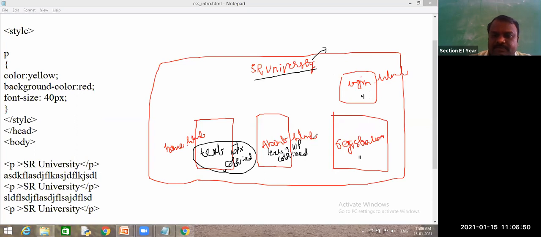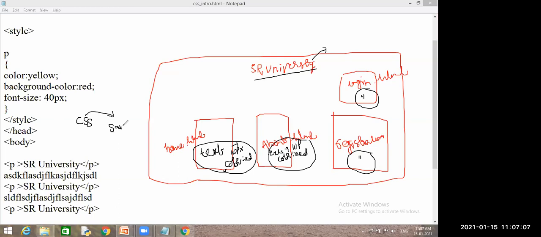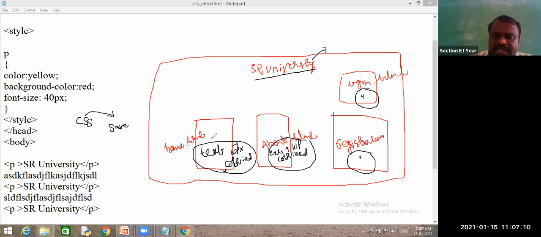So do I need to write this multiple times? No. Using an external style sheet, you have to write it once. What is one advantage of CSS? Reducing the time to implement the program. But are you saving time here? No, I am repeating the same thing multiple times. So how can you say this is saving time? For this case, we have another mechanism, that is the external style sheet.